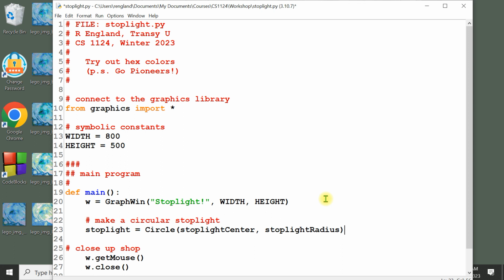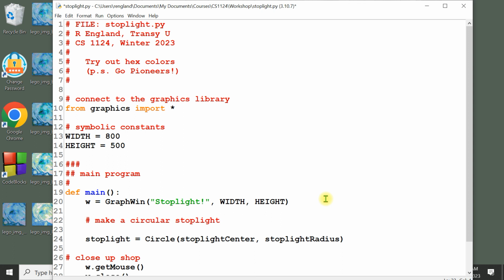Okay, that was easy. Except we don't have those things. Stoplight could be camel cased, I suppose. Maybe not, but I'll go with that. It's easier to read. Stop wasting time on that stuff. Okay. Stoplight center